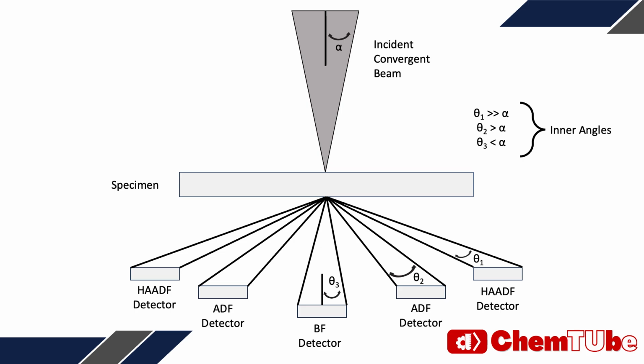You can detect diffracted electrons, and because of how scattering works, heavier elements appear brighter in certain detectors. One of the most commonly used contrast modes in STEM is high-angle annular dark field, because the intensity depends on atomic number and thickness. While the image may look similar to SEM at first glance, STEM goes much further. You can collect multiple signals at once, for example, high-angle annular dark field, bright field, and EDX, or energy dispersive X-ray spectroscopy, all from the same scanned area, giving you detailed chemical and structural information.